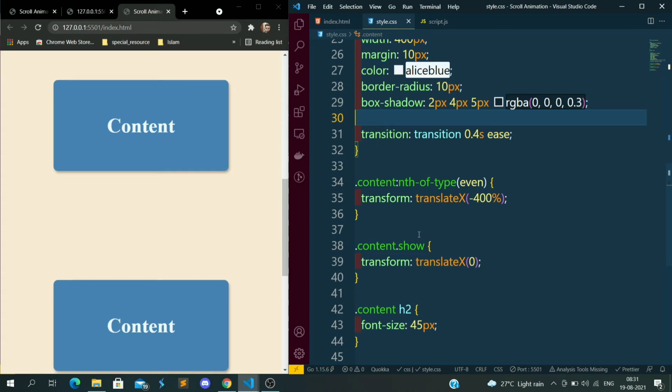So now you are seeing the odd-numbered cards that will come from the right side. Okay, so now I will move it to the right side.